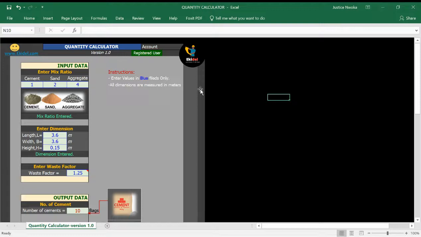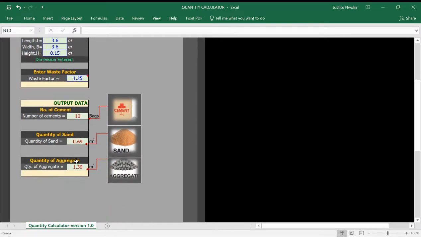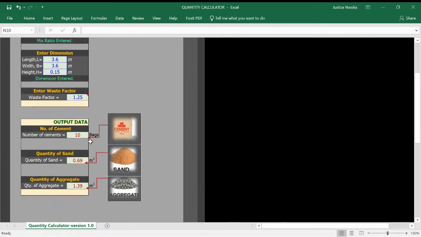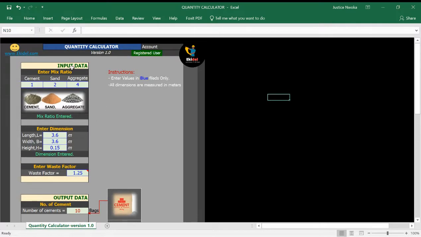Have you ever had issues calculating the number of bags of cement and the quantity of sand and aggregate that will be used for a whole complete building project? If you have ever had that kind of challenge before, then I would say that with the help of this software called Quantity Calculator, which is created by Ekidel,